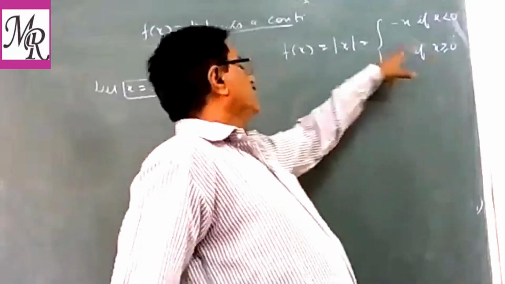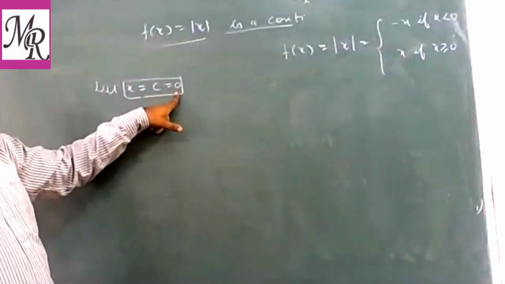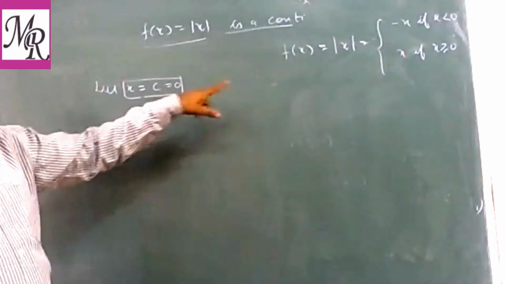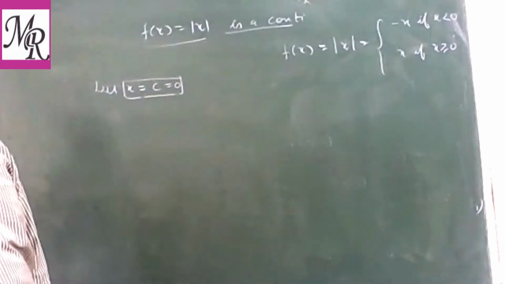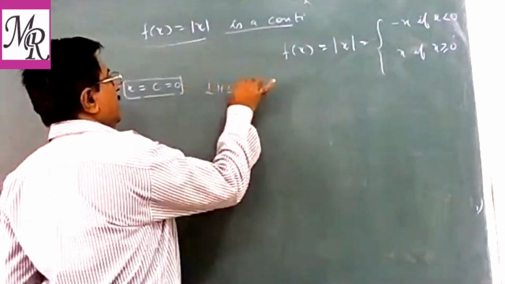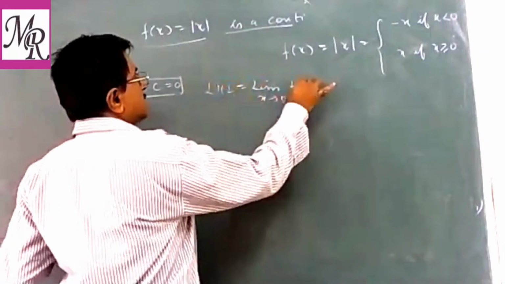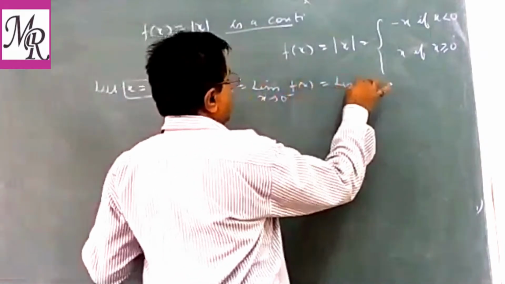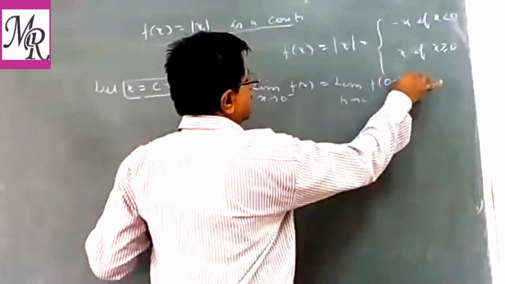So we have checked by one point. First to take x equal to c equal to 0. And for this you have already shown in example third, this function is continuous. इसका अगर करना था तो आप आगे भी कर सकते हो. Left hand limit, limit x tends to 0 minus f(x), and limit h tends to 0 f of 0 minus h.